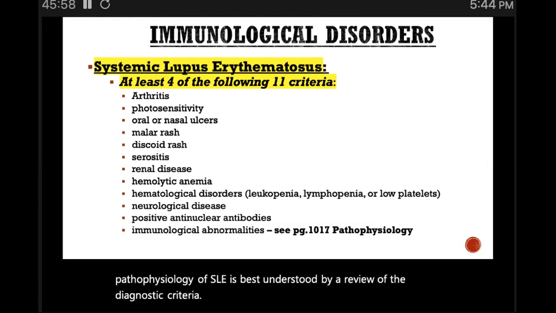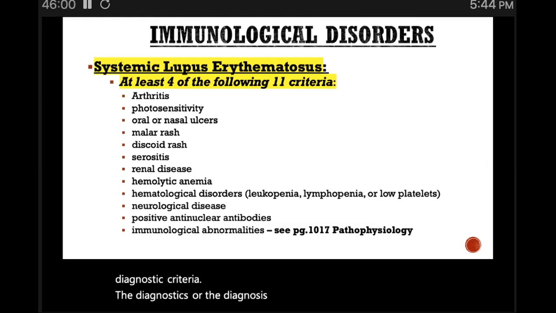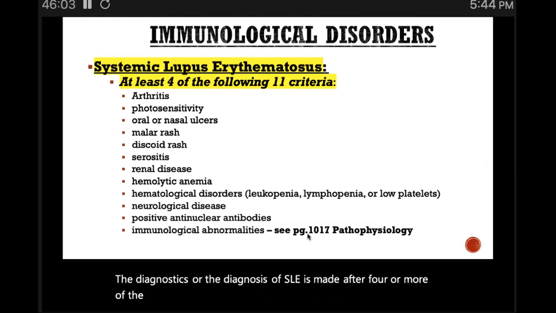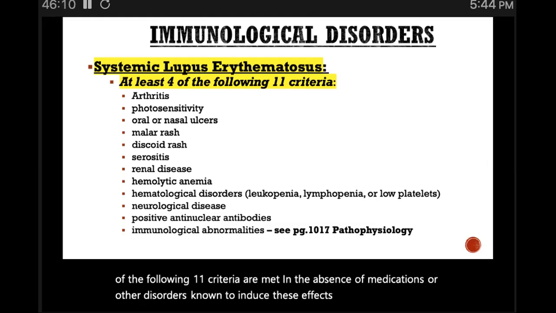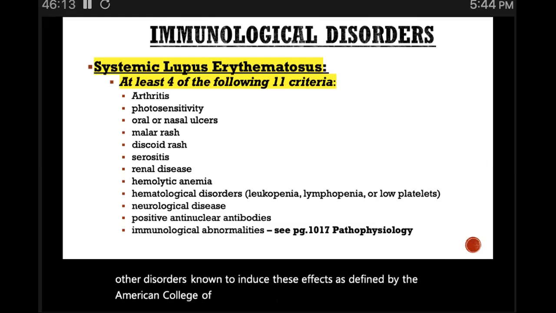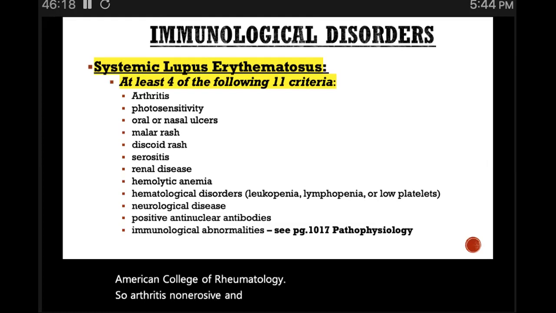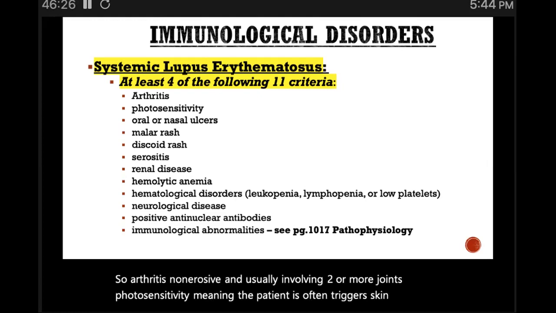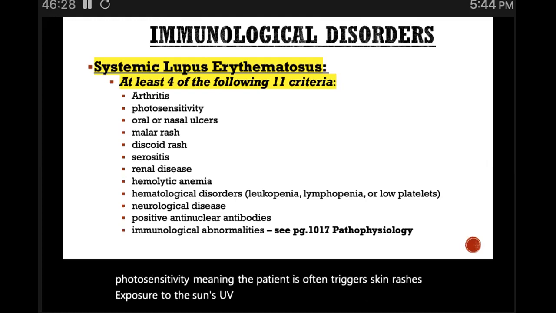The pathophysiology of SLE is best understood by a review of the diagnostic criteria. The diagnosis of SLE is made after 4 or more of the following 11 criteria are met in the absence of medications or other disorders known to induce these effects, as defined by the American College of Rheumatology. So: arthritis, non-erosive and usually involving 2 or more joints; photosensitivity, meaning the patient often gets skin rashes, and exposure to the sun's UVB rays may be a triggering event for SLE exacerbations; oral or nasal ulcers, which are typically painless;